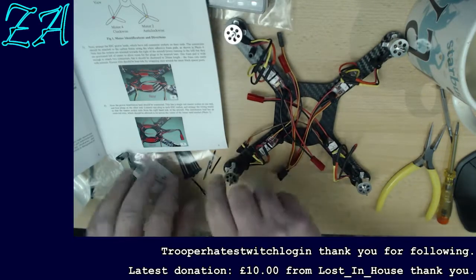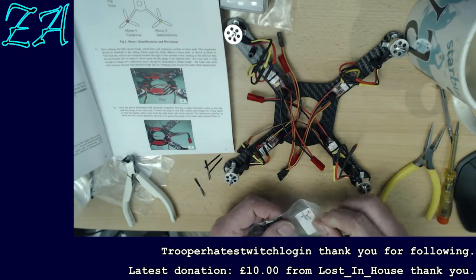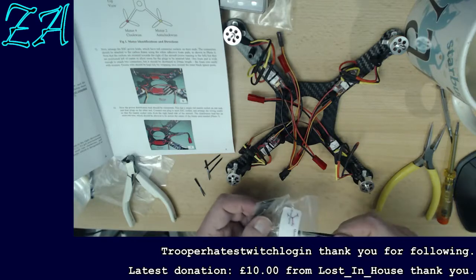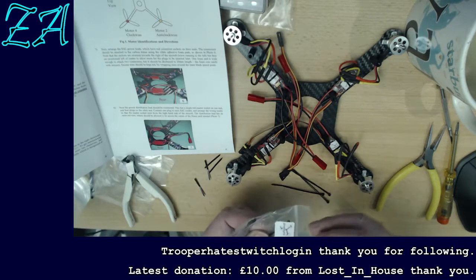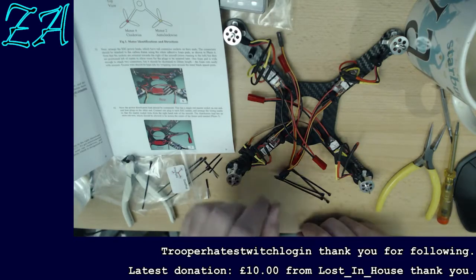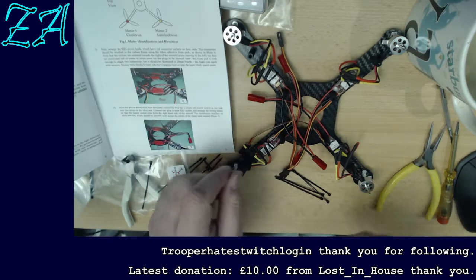Now then, I've now got to try and make the wiring neat on these. With the stingy so-and-sos, they've given me just exactly the right number of cable ties. At least I think so. Right, so